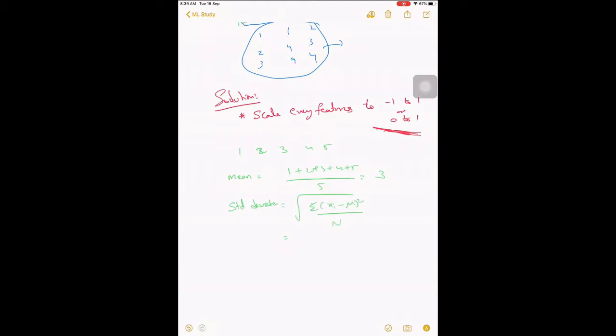Okay, so we'll see how much it differs. 1 2 3 4 5: for each we subtract the mean, which is 3, which gives minus 2, minus 1, 0, 1, 2. These you have to square, which will be 4 1 0 1 4, which sums to 5 plus 5, 10. So you have root over 10 divided by n, which is 5, right?